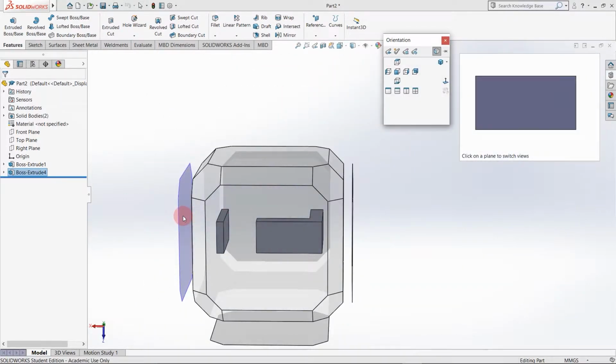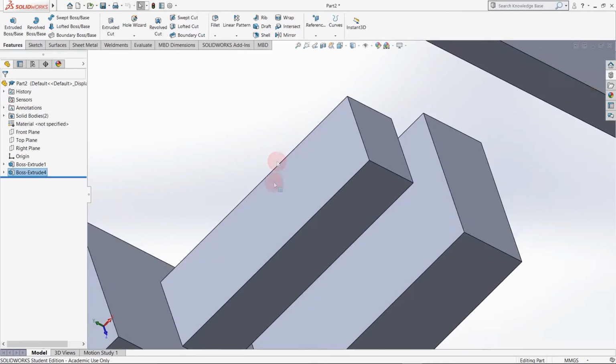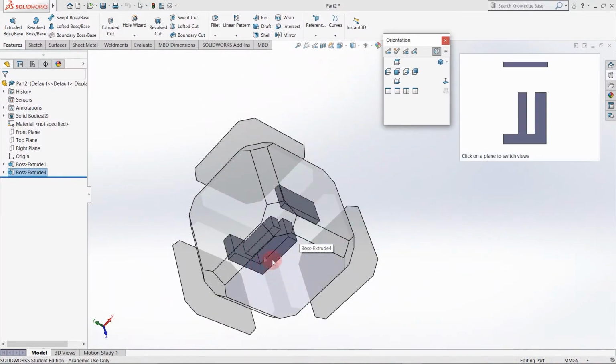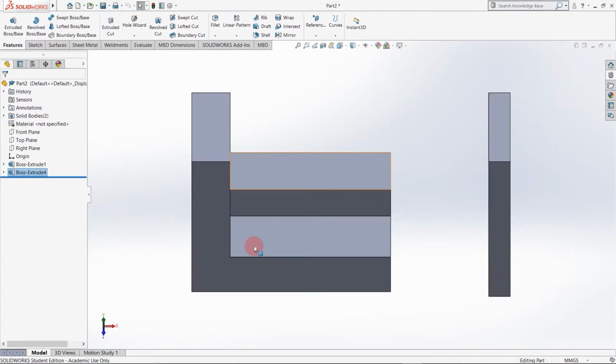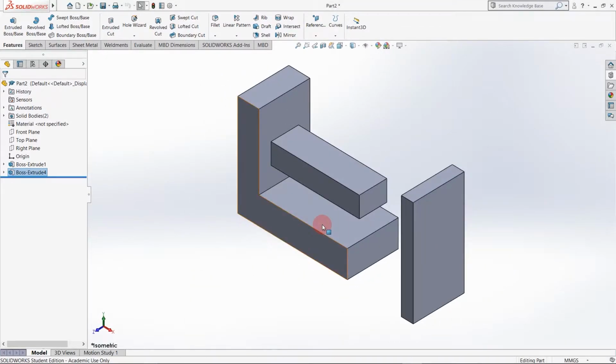If I select right view, you can see from right. Just by pressing space, you can change the view mode you want. Most of the time we take front view while sketching and isometric while verifying whether our component is properly extruded or not.